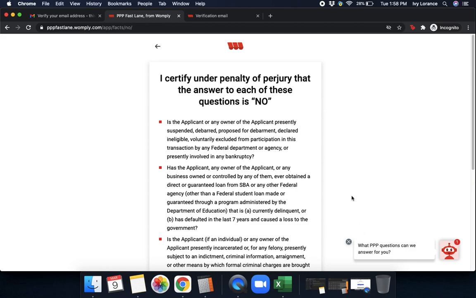Is the applicant or any owner of the applicant presently suspended, debarred, proposed for debarment, declared ineligible, voluntarily excluded from the participation in this transaction by any federal department or agency, or presently involved in bankruptcy? Next, has the applicant, any owner of the applicant, or any business owned or controlled by any of them ever